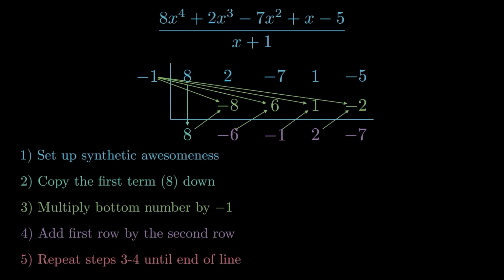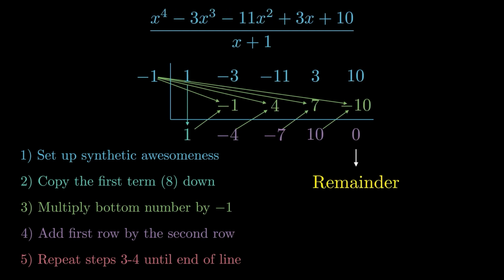This is where the previous lesson comes into play. Synthetic division can be used to find factors of a polynomial. In synthetic division, we always get a remainder. But what if the remainder is 0? This implies that the thing we divide by is perfectly divisible, which then follows that this number is a root